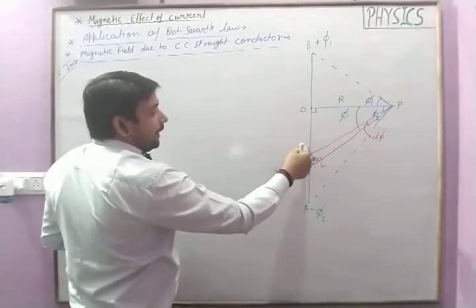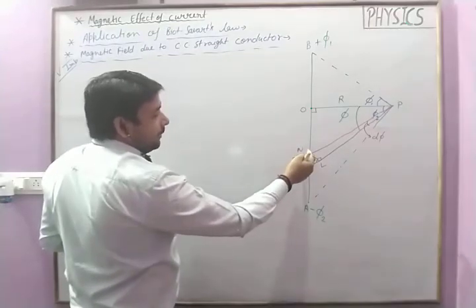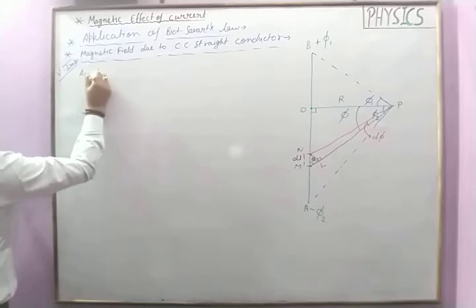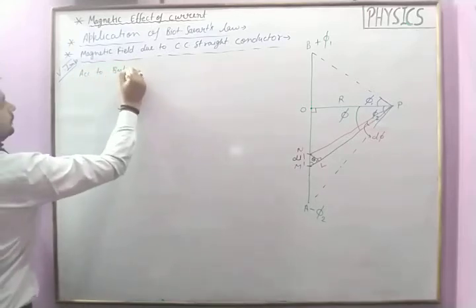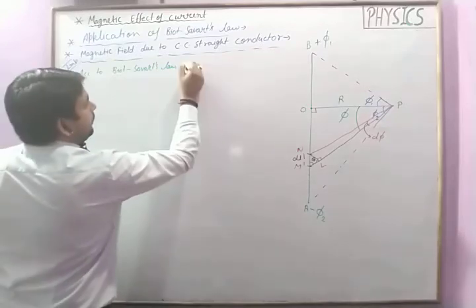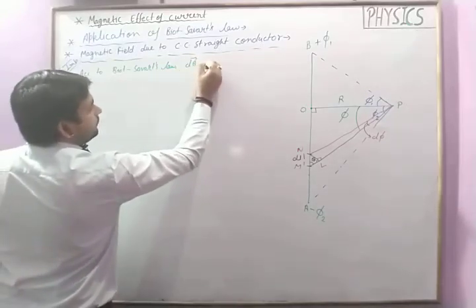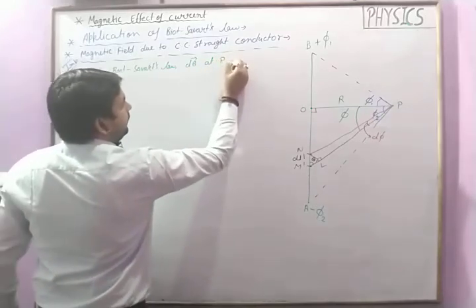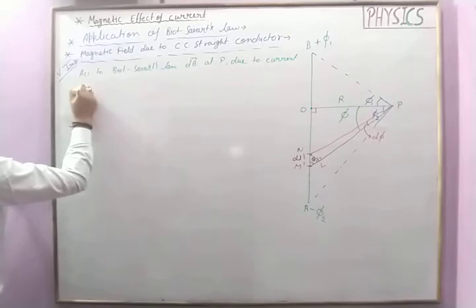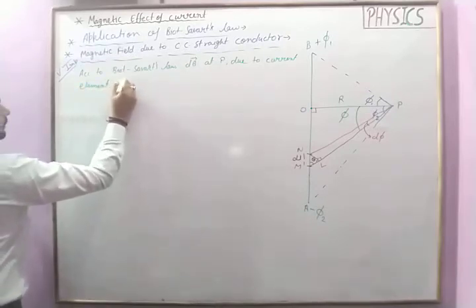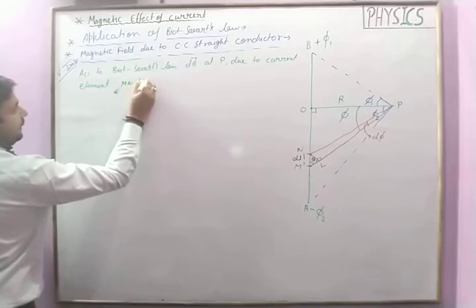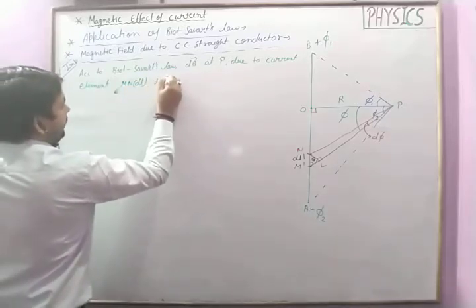So first point is, according to Biot-Savart law, the magnetic field due to the current element is... according to Biot-Savart law, small magnetic field at P due to current element, say dl, is given by